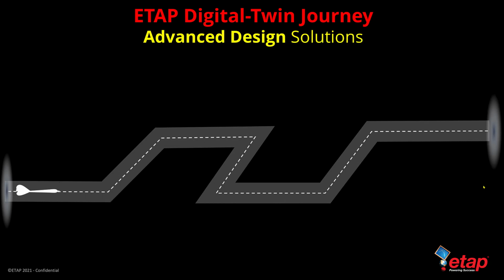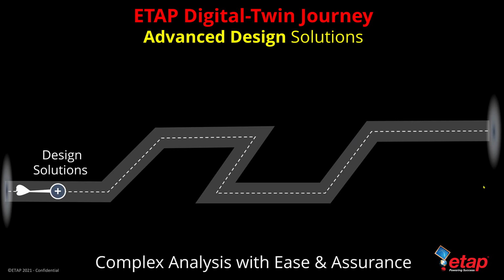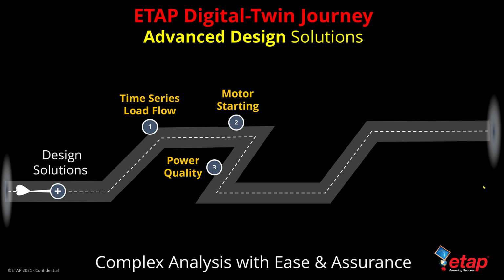So these design solutions can then also be further augmented with advanced design solutions, again depending upon your requirements, where you want to do complex analysis with ease and assurance. You can leverage the time series unified load flow, so you can solve unified AC and DC systems together, especially for renewable systems, motor starting for distribution as well as industrial systems, power quality for data centers, as well as other systems that are heavily dependent on power electronics, contingency analysis for T&D systems, reliability for industrial as well as